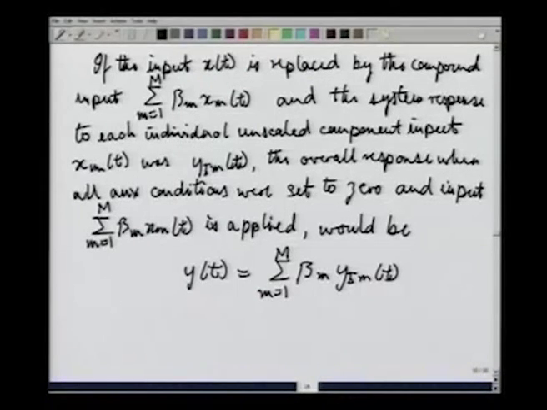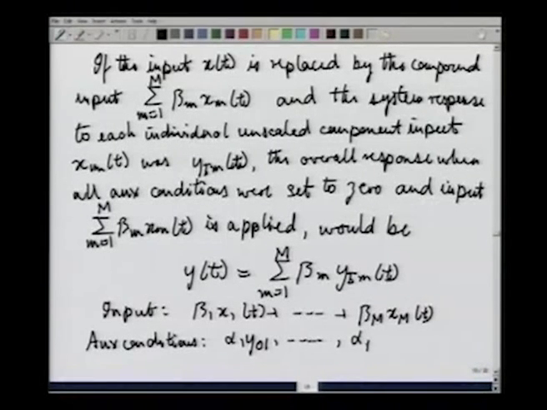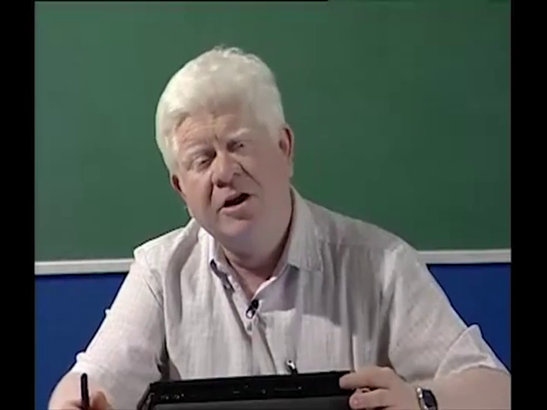We can now write the complete grand equation that describes the linearity behavior of the system. Auxiliary conditions, alpha 1 y 0 1 on to alpha capital N y 0 capital N. This is the complete description of the data that should go into the solution, all the auxiliary conditions and all the component inputs. Then we would get